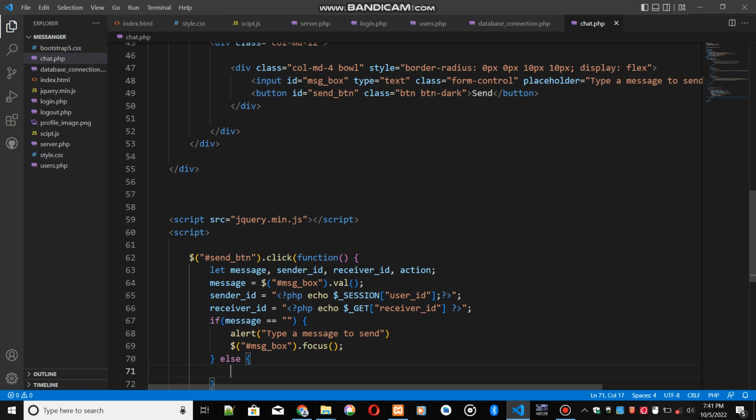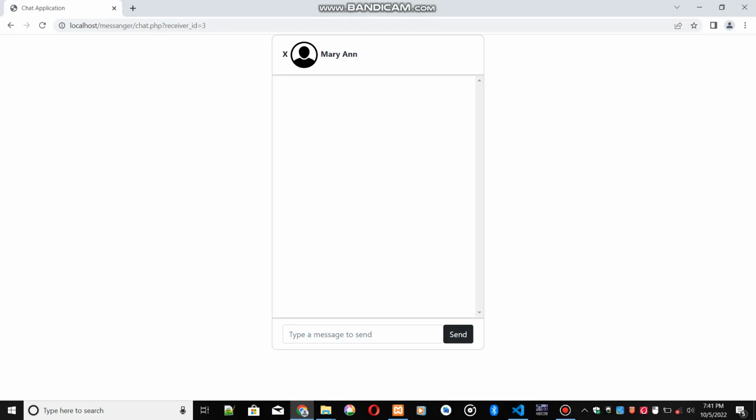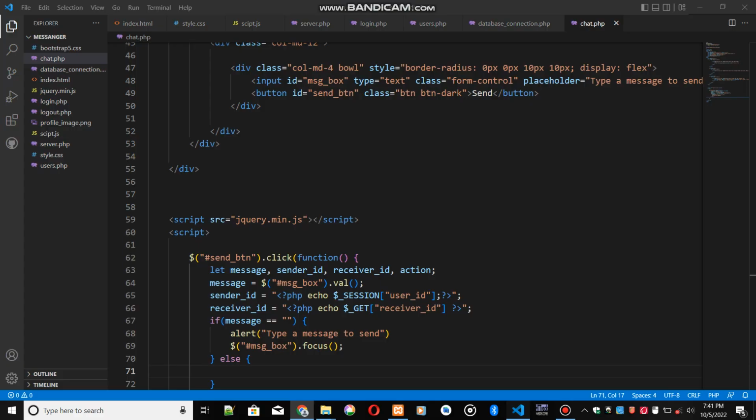So let's go ahead and test that. So we are going to be refreshing, then you hit send, and you can see it's saying type a message to send. Then when you click on OK, it has focused on the message box. So we are going to just refresh and then go back to the codes, and then we are going to be using jQuery Ajax function